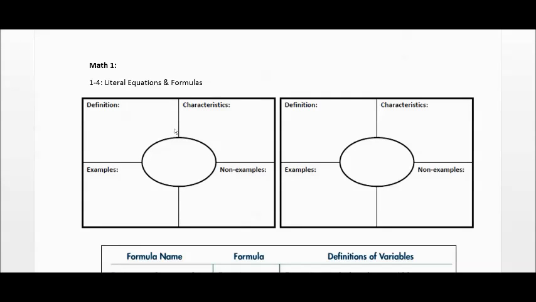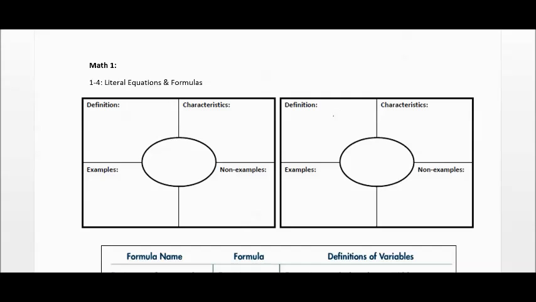Alright, so this is a video for section 1-4 for Math 1, which is on literal equations and formulas. To get started, we're going to define what literal equations are and what formulas are. These things right here are called Frayer Model Vocabulary